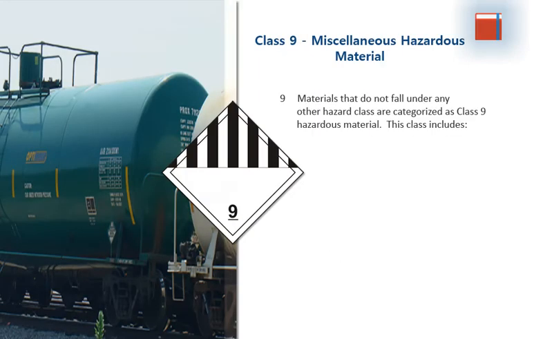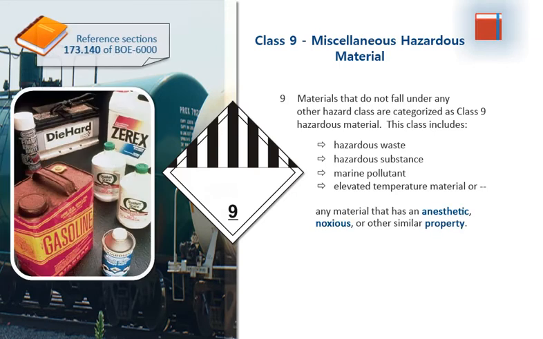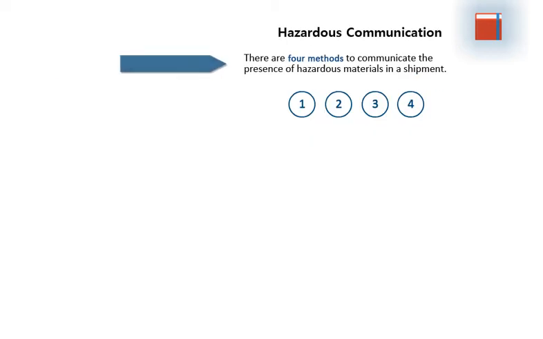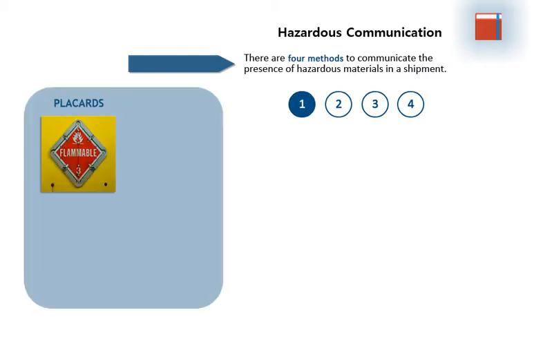Materials that do not fall under any other hazard class are categorized as Class 9 hazardous materials. This class includes hazardous waste, hazardous substance, marine pollutant, elevated temperature material, or materials that have an anesthetic, noxious, or other similar property. There are 4 methods to communicate the presence of hazardous materials in a shipment: placards,